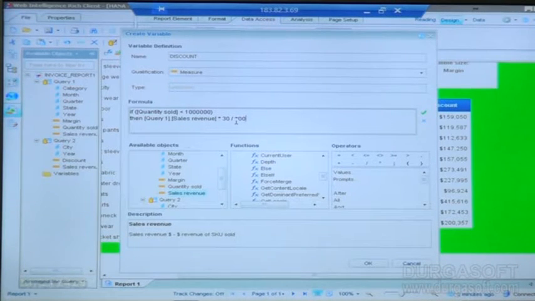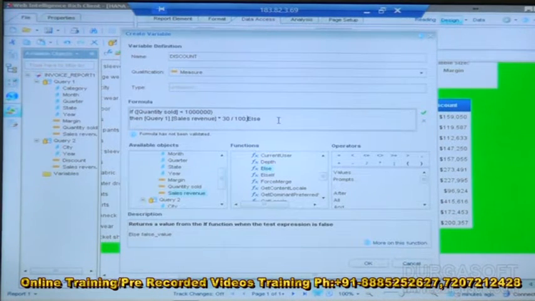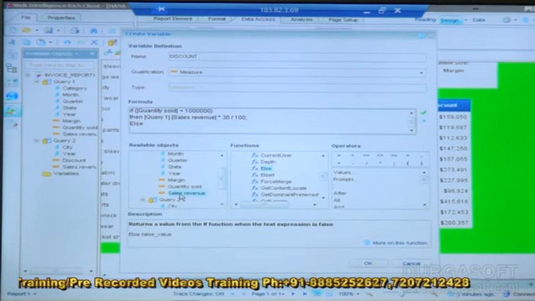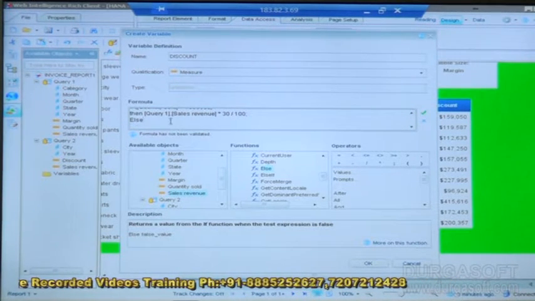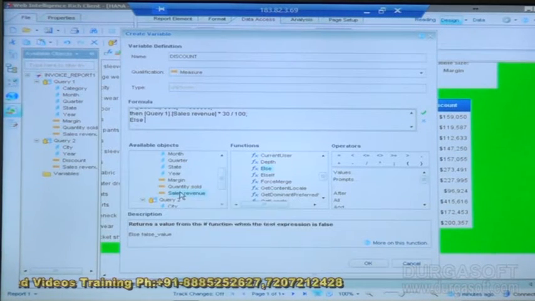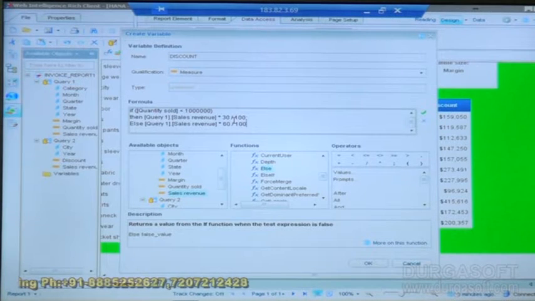It's one condition. Else, the sales I'll give 60%. Right, I'll just validate.